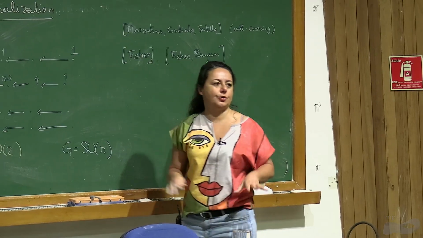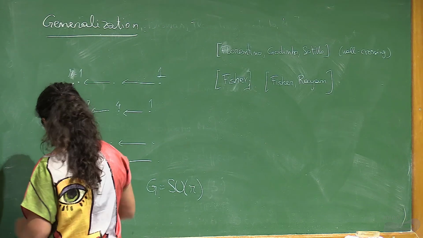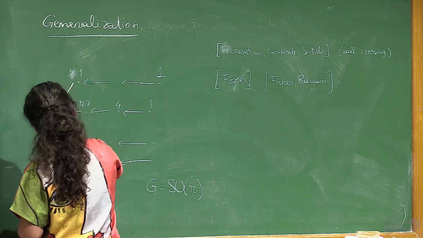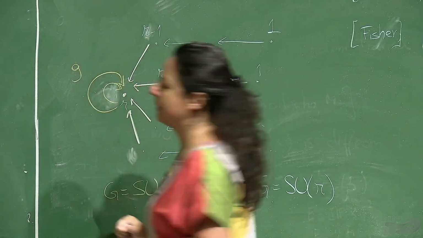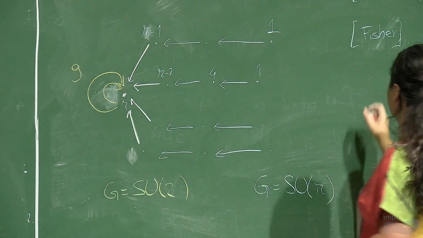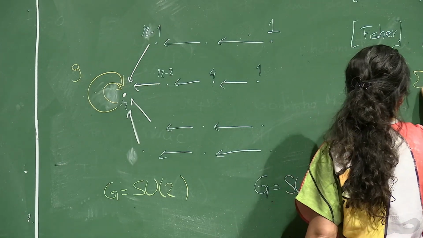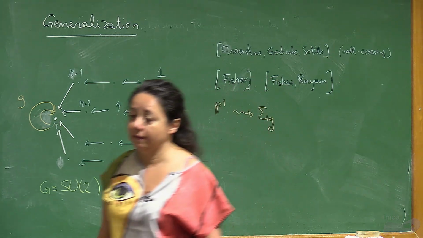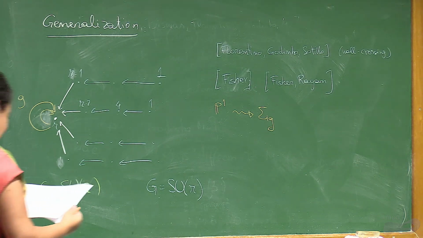But you may want to generalize the surface, and instead of P1, consider a genus G Riemann surface. And if you want to put the genus into account, you put G loops in the center. This will change your P1 for a genus G surface. And this, I learned recently in Romania, was first done